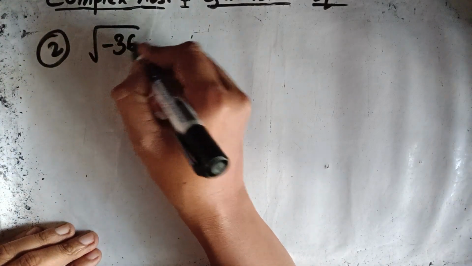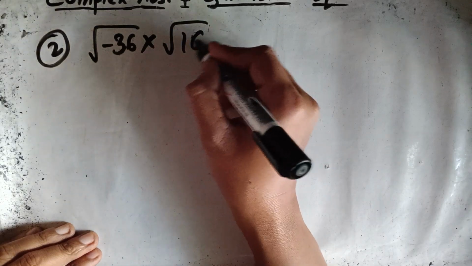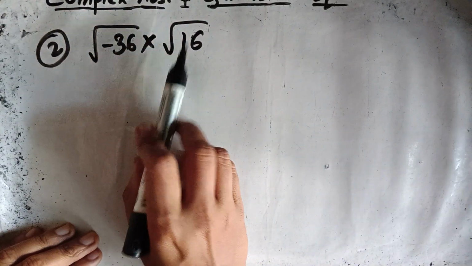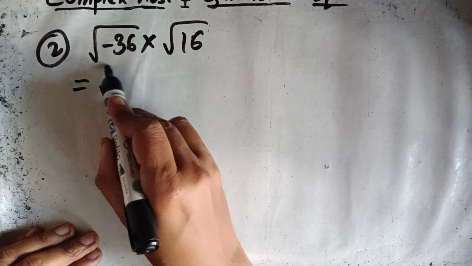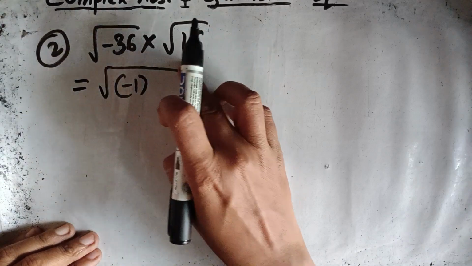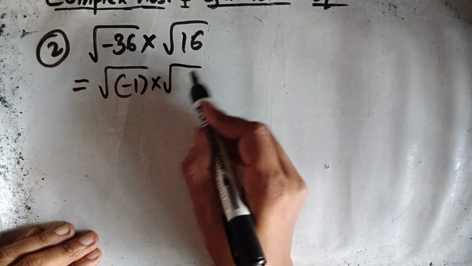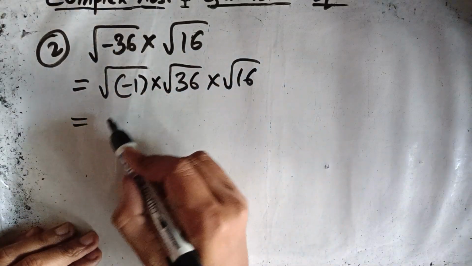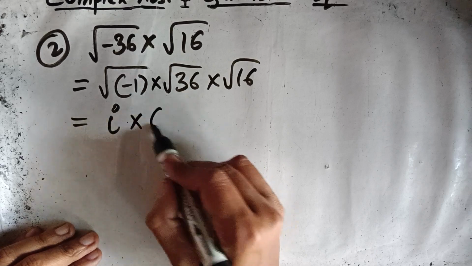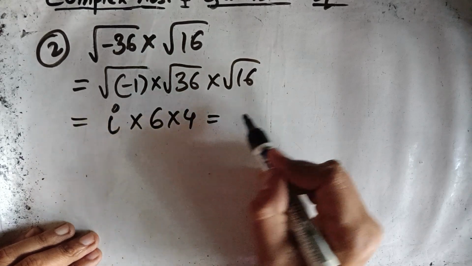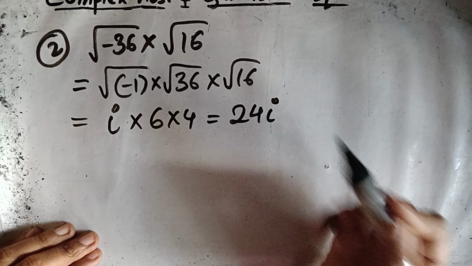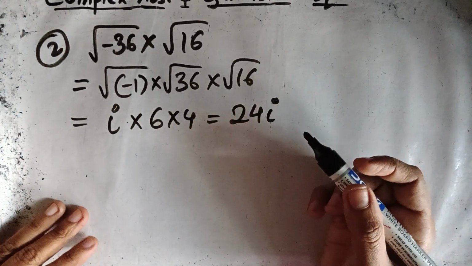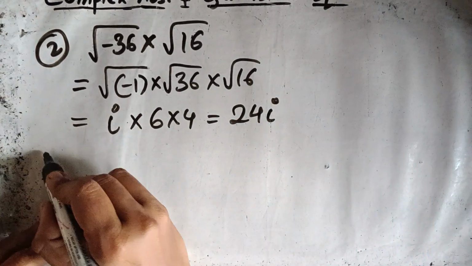Root of minus 36 into root 16. Now one has a negative sign, one has a positive sign. So this we can write root of minus 1 into root 36 into root 16. So this is I, this is 6, this is 4, this is 24I. Okay. Next one,